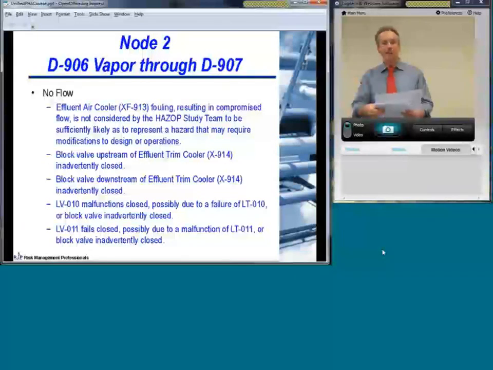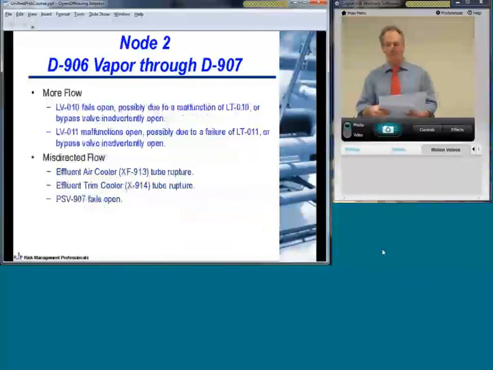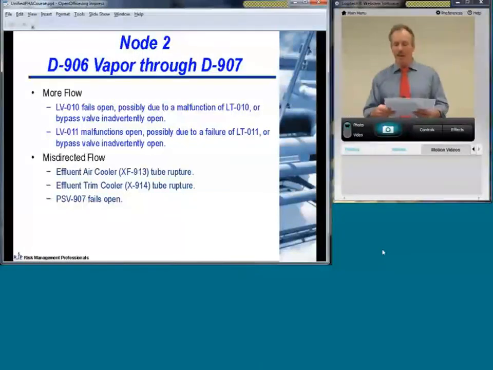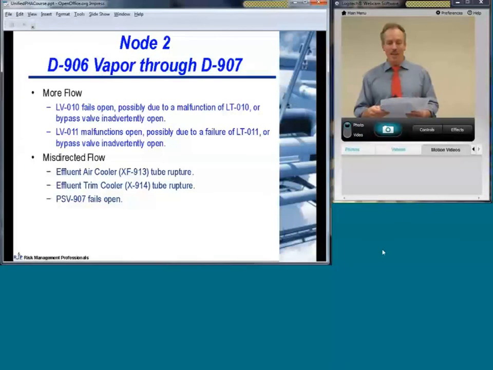So key more flow cases associated with this node might be associated with those level control valves. So for a more flow case, we've got LV10, which is a fail open valve, failing open. We got LV11, which is a fail closed valve, malfunctioning open. Both of those causing more flow, and also picking up if the bypass valve